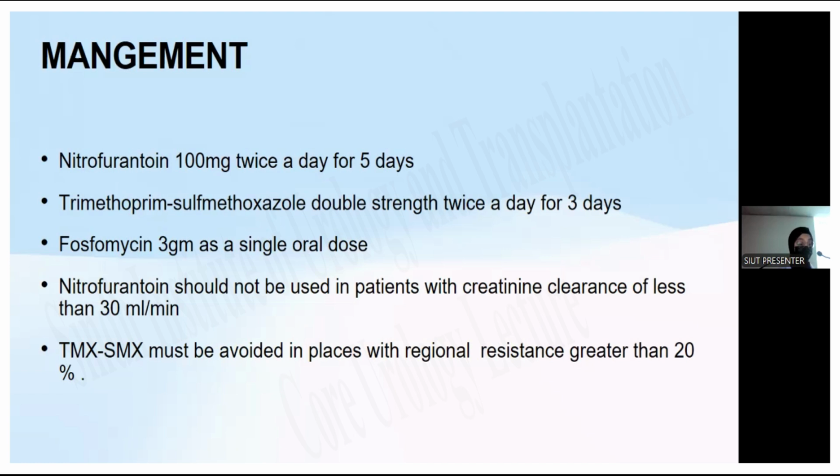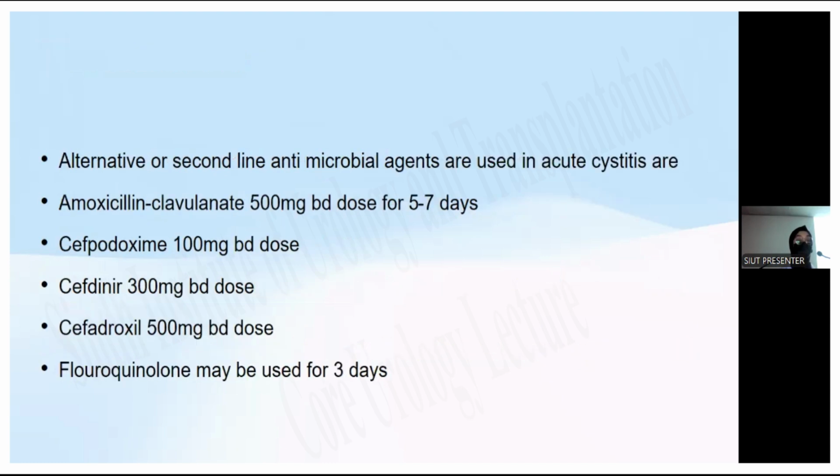Trimethoprim-sulfamethoxazole is primarily used in treating UTIs in men and in females, and it is mostly considered if the local resistance patterns favor the use of trimethoprim. However, it should be remembered that it's not a drug to be used in the first trimester of pregnancy.